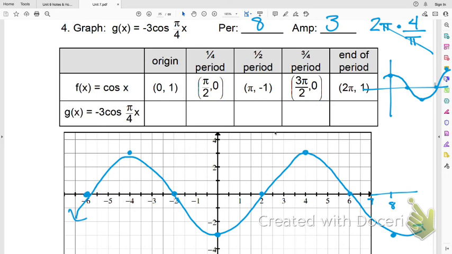Questions about that? Yeah. So the thing that makes it reflects the negative